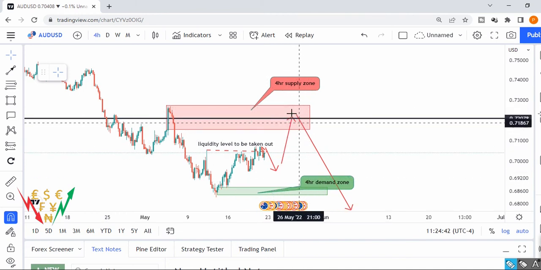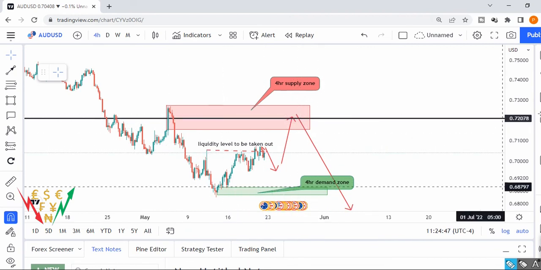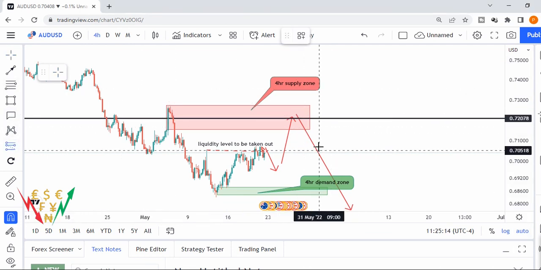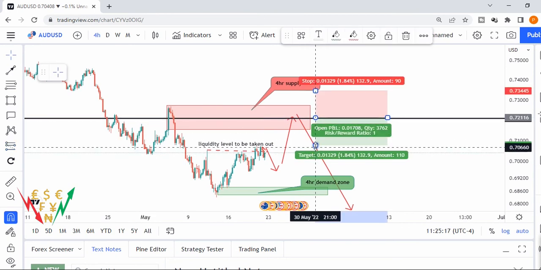And when the price reaches here, I want to see a reaction from the 4-hour zone indicating a sell, perhaps a shooting star candle. Let me show you what a shooting star is like. When I see this kind of candle, a shooting star, forming around this level, that could give me further confirmation that we're on the right side. Putting together the fundamentals and the sentiment analysis that we've shared, that could steer us in the right direction. So when I see that reaction in the market and those confirmations, this will be what the trade will look like.